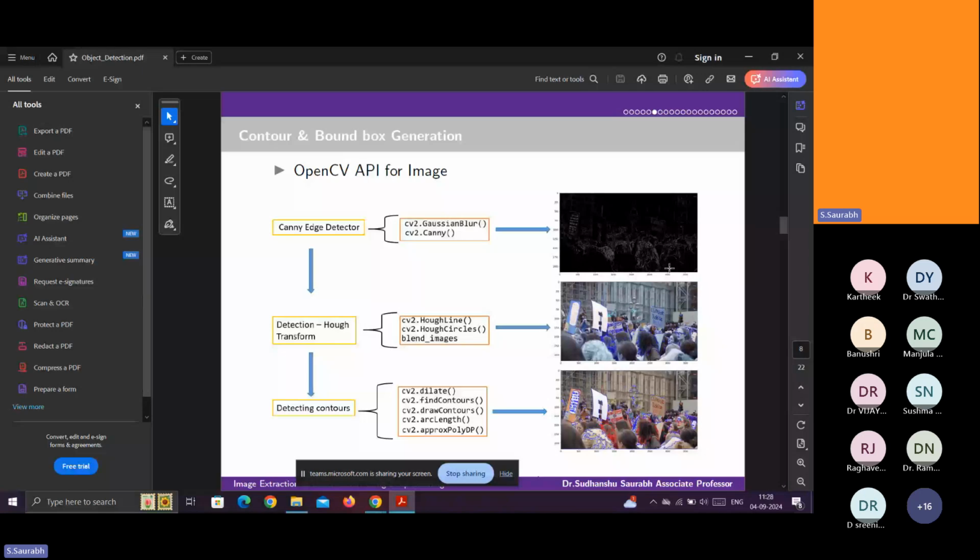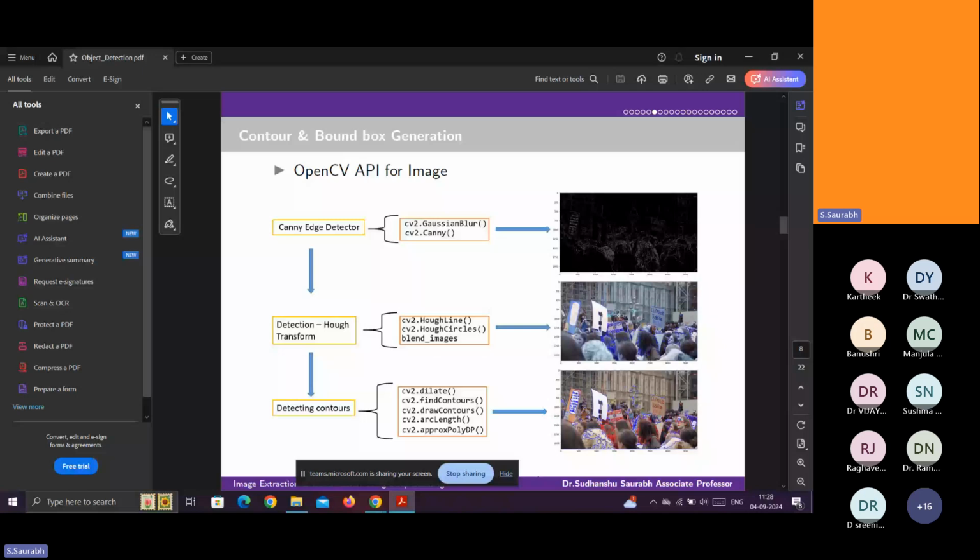Then how? See, another technique. Instead of this, if you apply the Hough transform, there are functions: HoughCircles, HoughLines, and blend image. How to invoke them? Again, you have to write OpenCV, directly, cv2.HoughLines. This way, you can generate it.